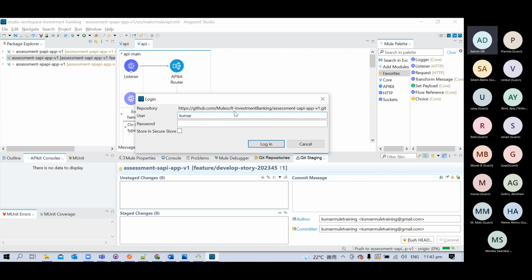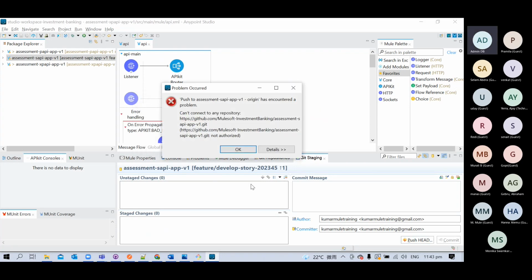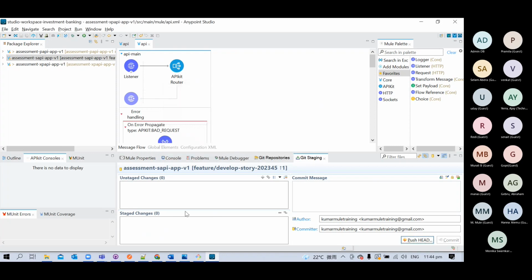I don't know my credential password, so I will not do this option. Let it be. Okay, I will commit from